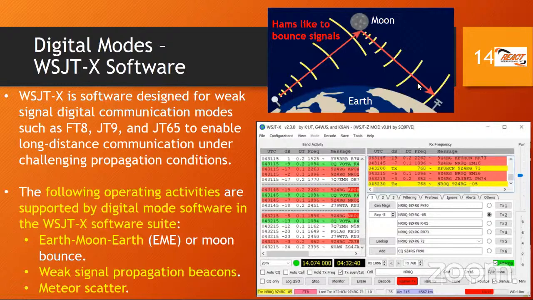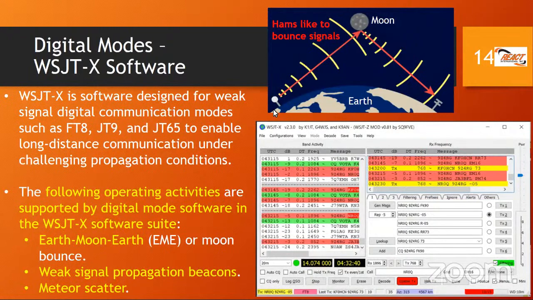So here we have the Earth. We have an amateur radio operator on one side of the planet, and we have another amateur radio operator on another side of the planet. So one may be in Trinidad and Tobago, and the other one may be, let's say, in the United States. And they are using the moon to bounce their signals. They don't have line of sight. They don't have a path directly that they can communicate. So what they do is send using a directional antenna, maybe a Yagi. Remember those terms,